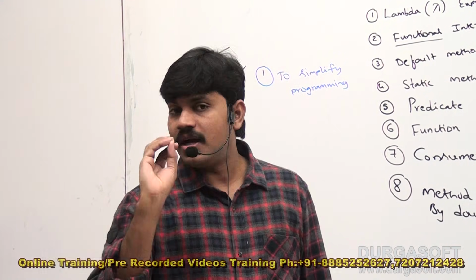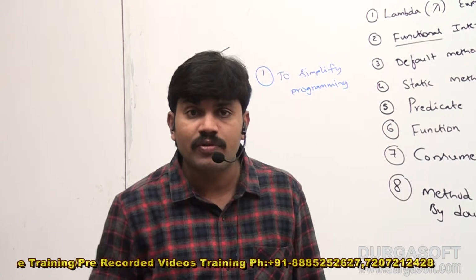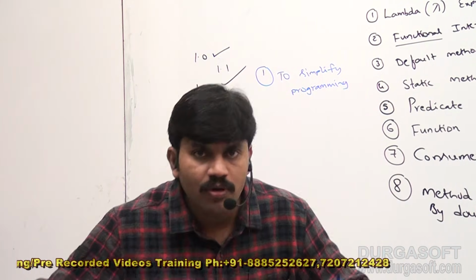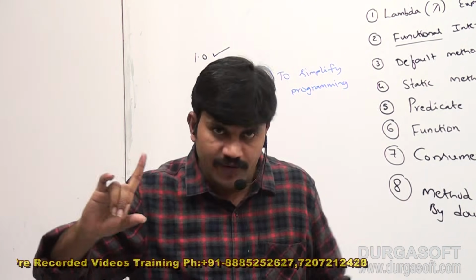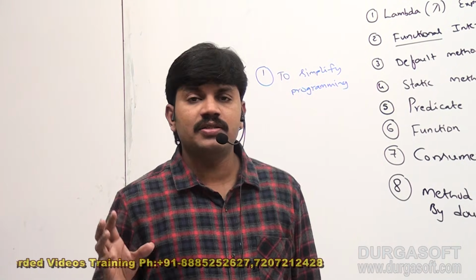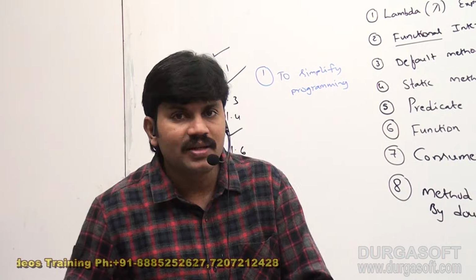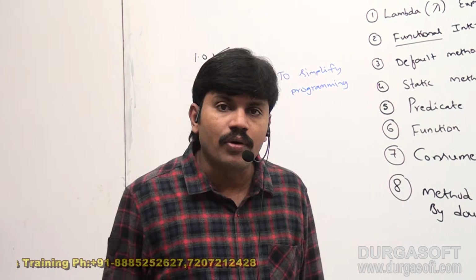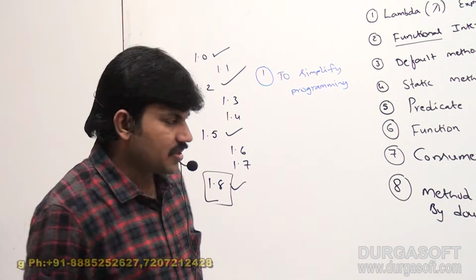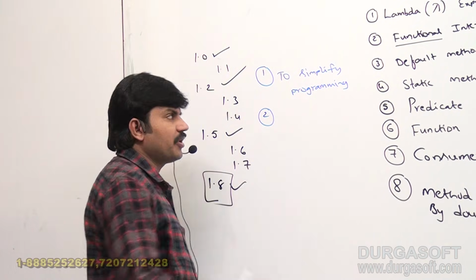Remember that, because what is the main intention of newer versions? To simplify programmers' lives, to provide more features. Clear for all? So even in Java 8, the main intention is that you write more concise, cleaner, more maintainable code. For that purpose only the Java 1.8 version came, sir. That's the first thing. Next, the second one, very important, sir.